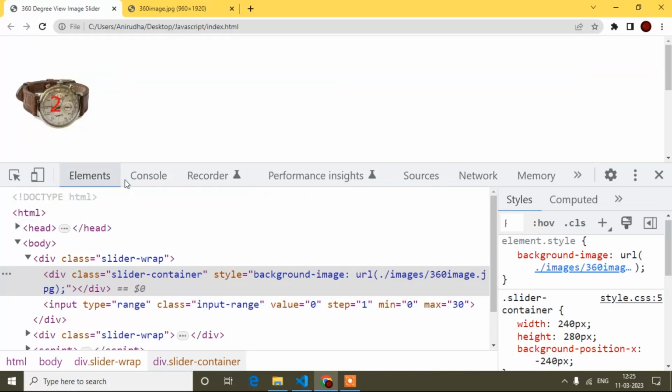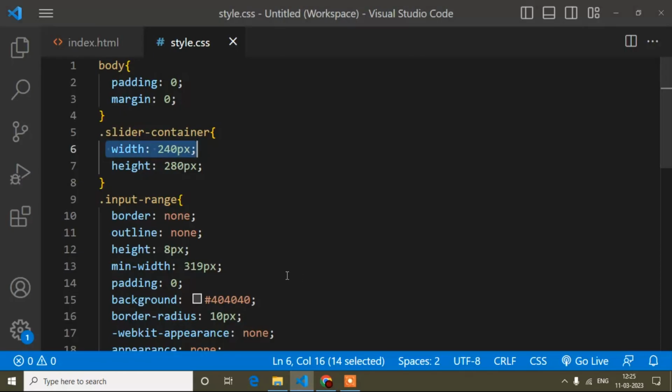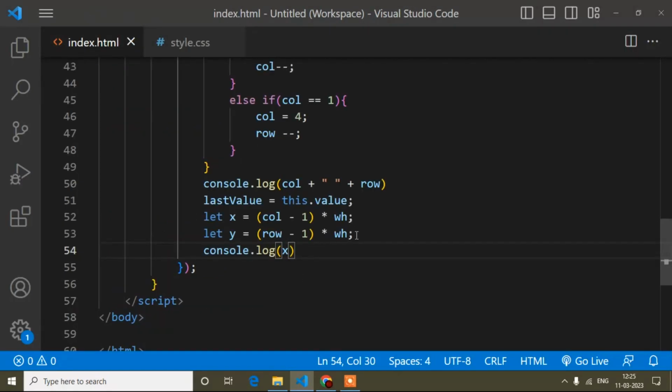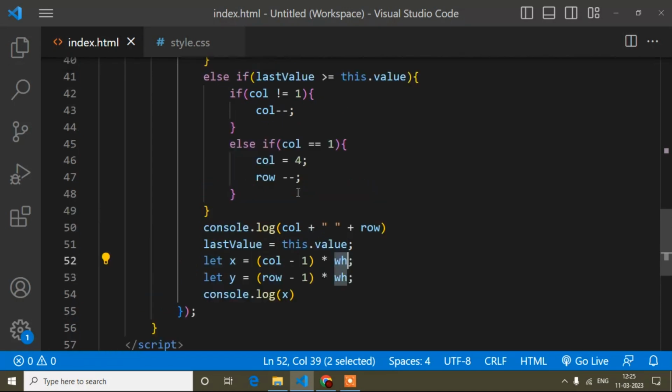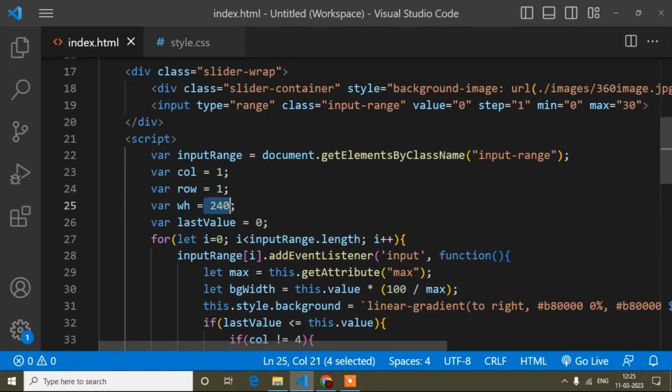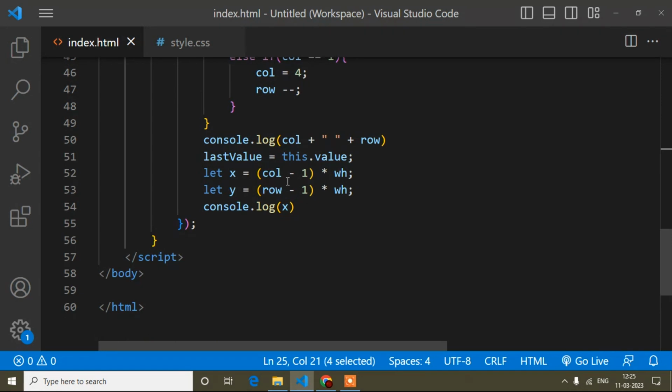Okay, so now if I come to this logic, into width means 240. I already declared 240. Then col is initially 1, right? When I move, it is col minus 1.